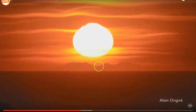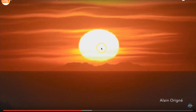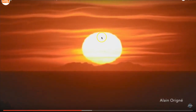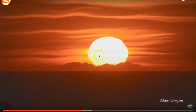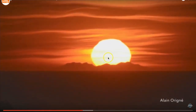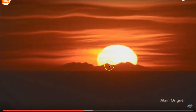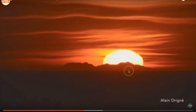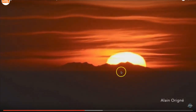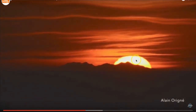Okay, these ripples on the sun, like this is when a person standing at ground level films the sun. This is what they see. They see those clouds behind the sun as well. There's some in front, a little bit here. I don't know where the false background was put into this CGI footage right here. It could be right here at the horizon. Maybe those hills are part of the CGI. But this is obviously